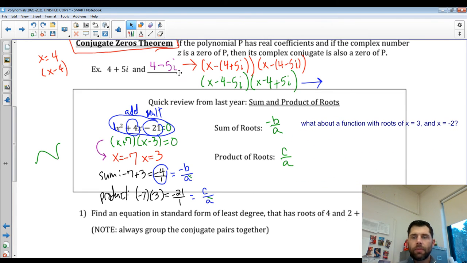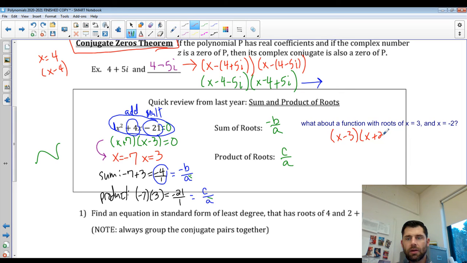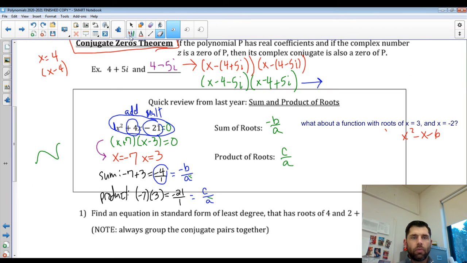All right, so what about a function with roots of 3 and -2? This one, you don't really need to do the sum and product of the roots. What we could do is just turn these roots into factors, you don't have to write this, and multiply. We would get x squared minus x minus 6. So that one, you wouldn't need the formula. It's really easy to multiply. But just to show you how it works,